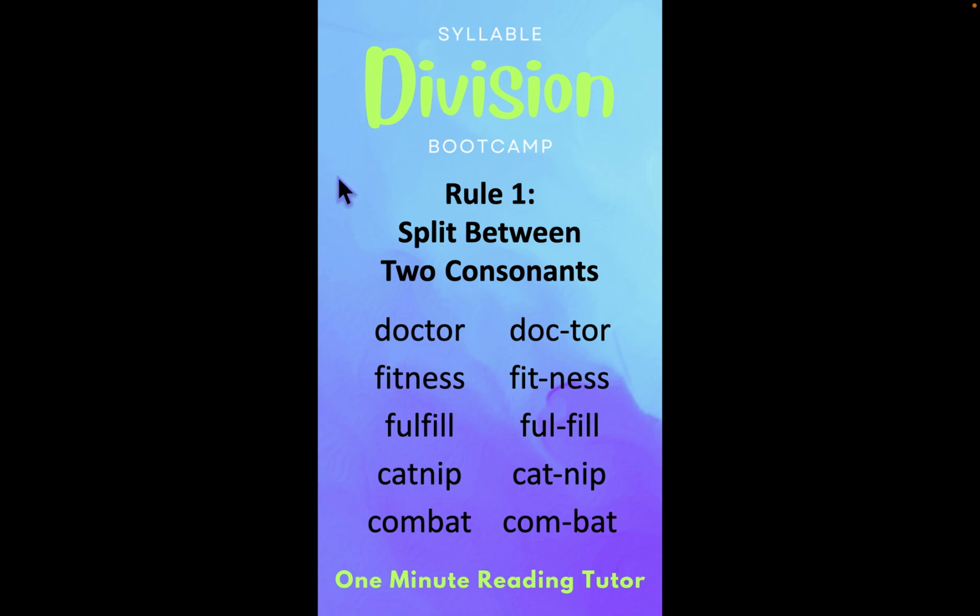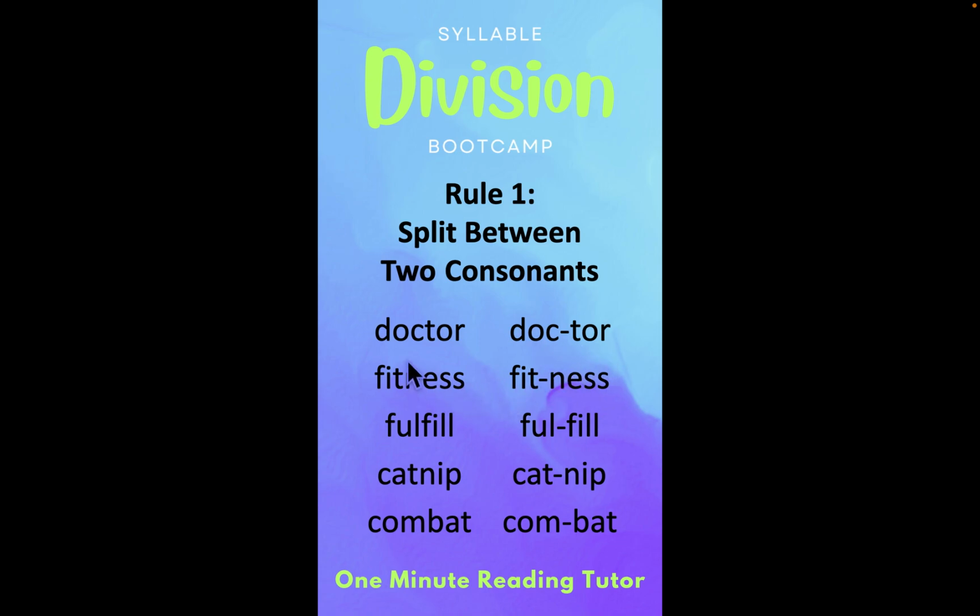The first rule we are going to learn about is to split words into syllables by dividing between two consonants, as long as the consonants aren't blends. The second page of the lesson has a list of blends. Right here, I have a C and a T next to each other, so this is where I'm going to split the word. Vowels in the middle of a syllable usually use their short sound, so I'm going to use the short o to get doc,